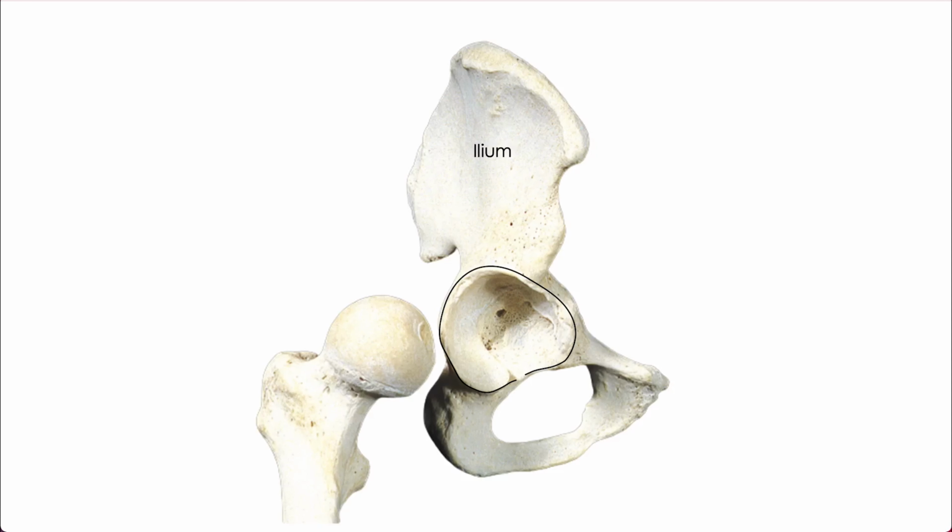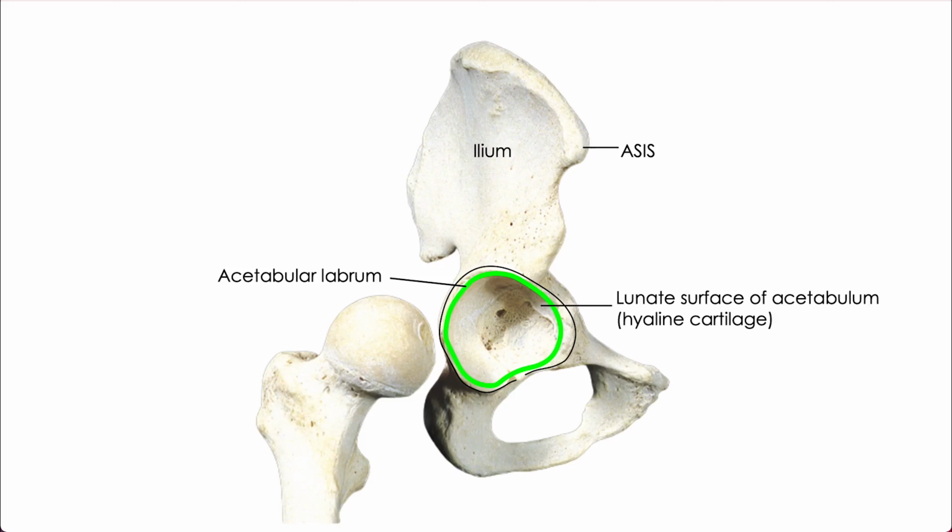Now, how is this head of the femur going into the acetabulum? We are looking at the acetabular cavity, and this is the head, and there are certain features. So let's review them. So this is the anterior superior iliac spine, and this green structure is the acetabular labrum. And then inside we can see this surface of the acetabulum, which is lined by hyaline cartilage, and we call it the lunate